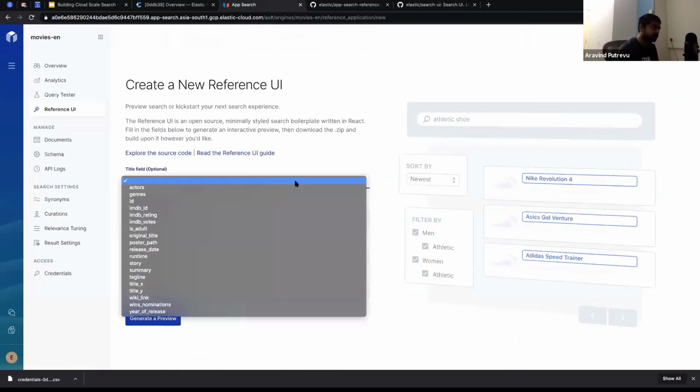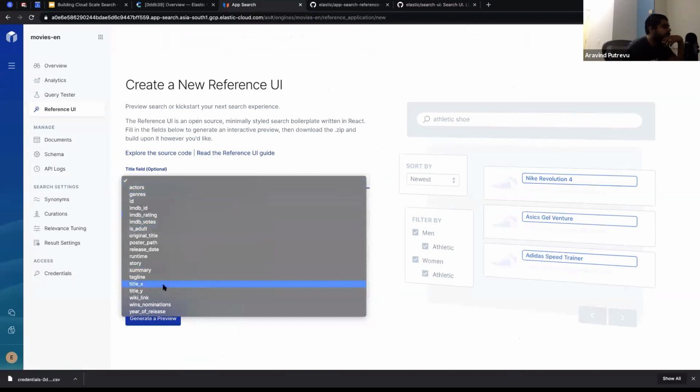So now I have multiple fields. As you see, when I ingested the document, there are multiple attributes, and all the attributes are in here, and you also see the projection of how the site would look once I click generate preview.